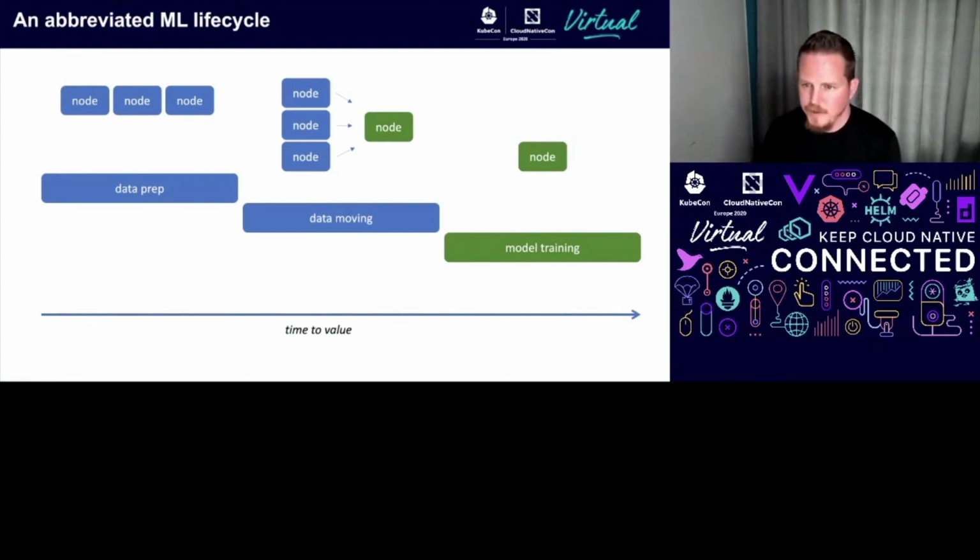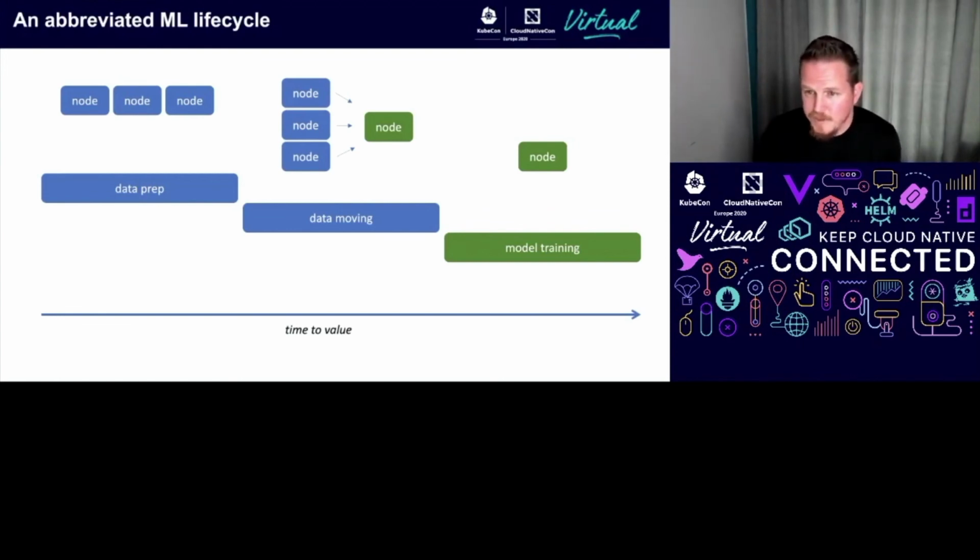But for the purposes of this discussion, we've simplified it to, okay, there's the time to value that we want to shrink, and some of the things that need to be performed before we can realize value from that data is we're probably going to have to prepare it, wrangle it together in some sort of way, and then without distributed storage, we're going to have to move the data. So if it's going to take a really long time to run on the general purpose compute, then we're going to have to move it to the special purpose compute in order to finish it in any sort of reasonable time frame.